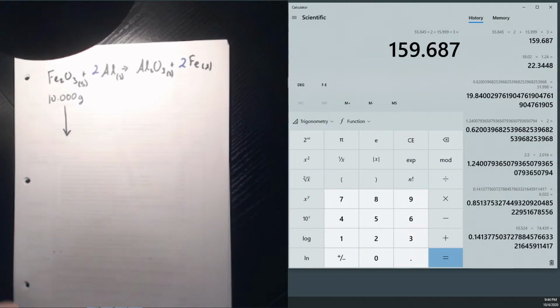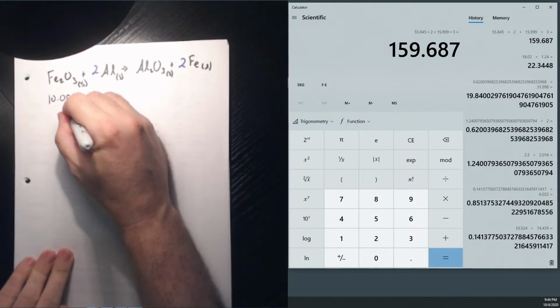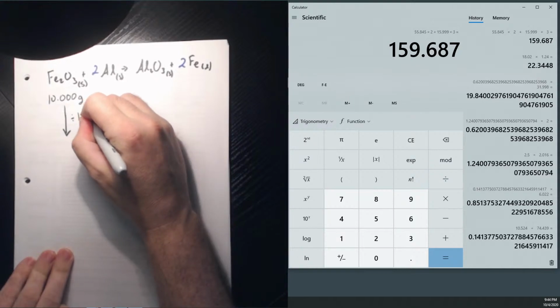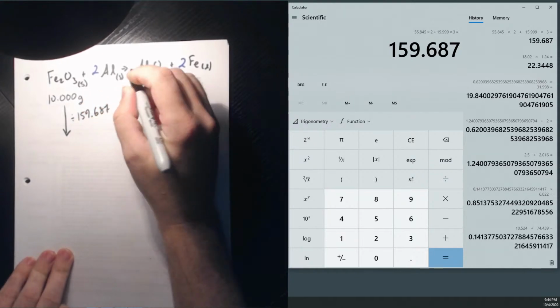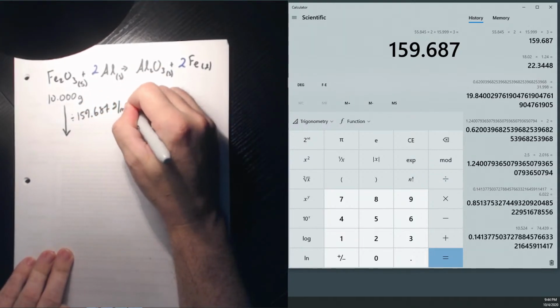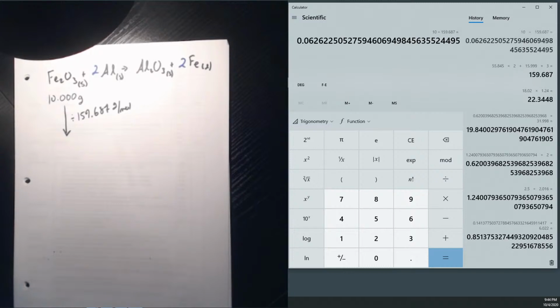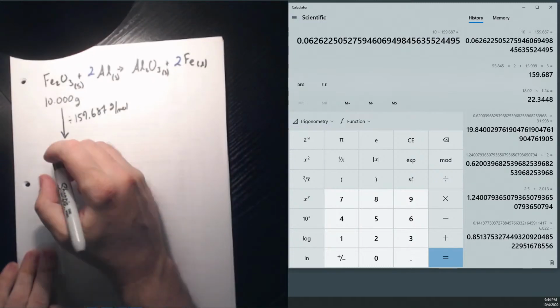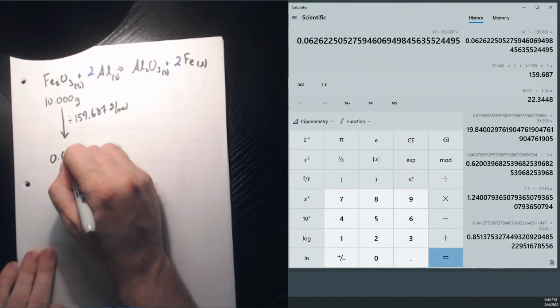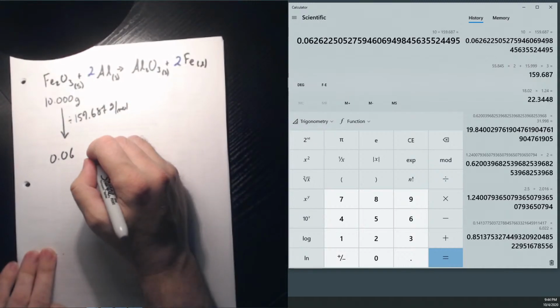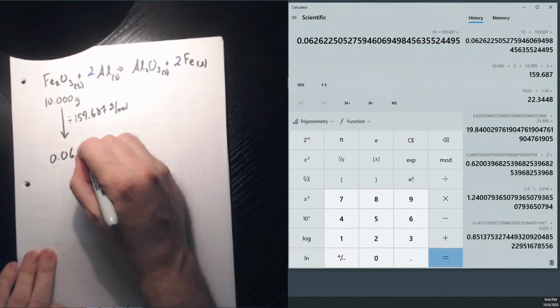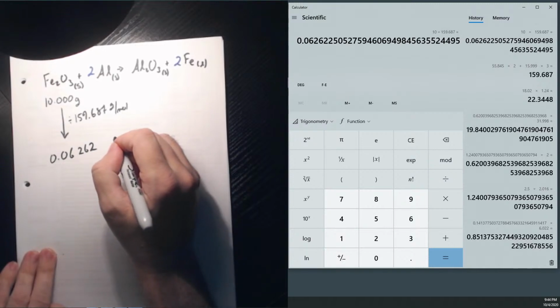The molar mass of iron oxide is 159.687, so we're dividing by 159.687 grams per mole. Meaning that we have 0.06262, need one more,